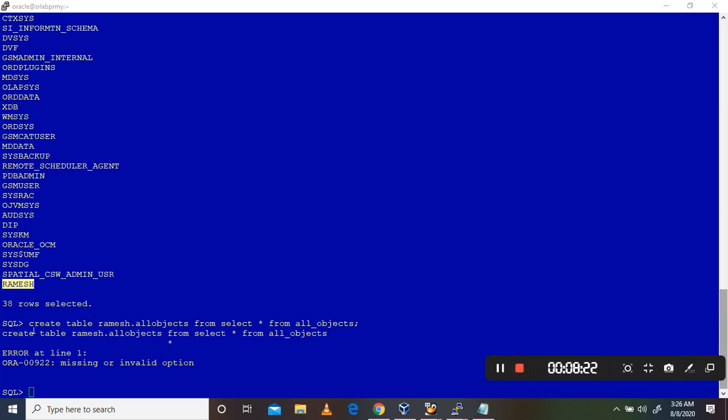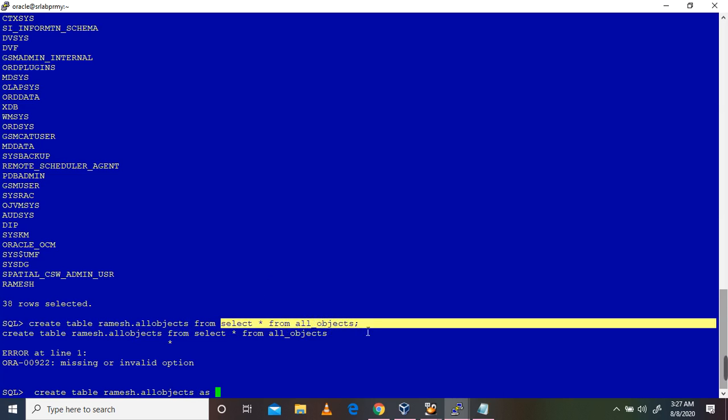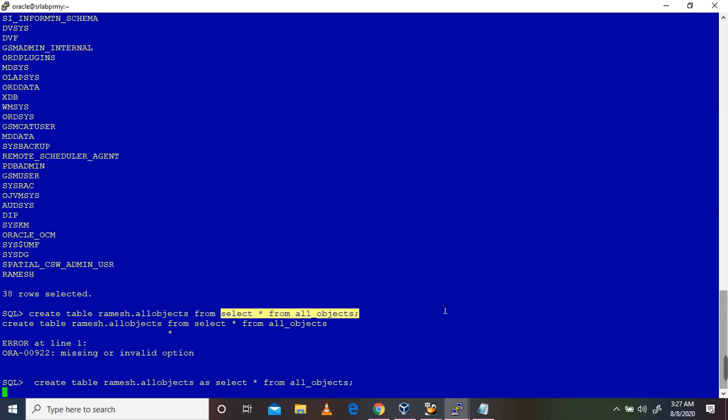So I have mentioned, as this is a CTAS method, I'm creating CTAS, create table as select. So I'm creating a table in PDB.